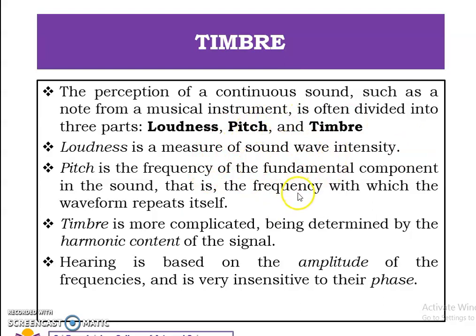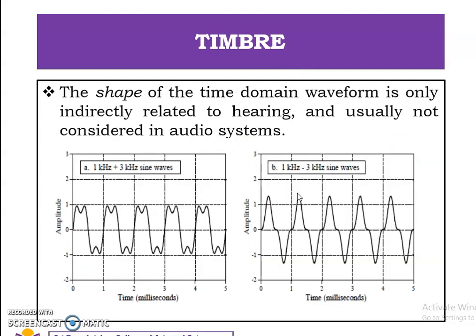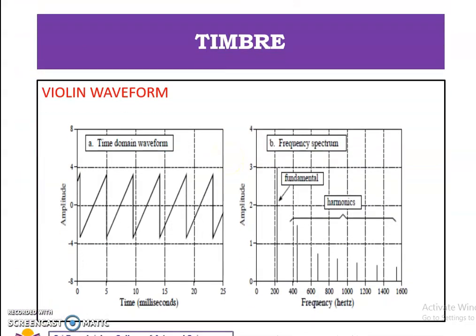Hearing is based on amplitude and frequency and is insensitive to the phase. Just think of two diagrams. In the two diagrams, the amplitude is somewhat different, whereas the frequency is the same and the phase shift is different. Even though there is a change in the phase shift, humans are not able to differentiate the sound. I could explain this with another example.